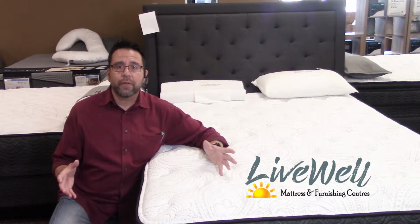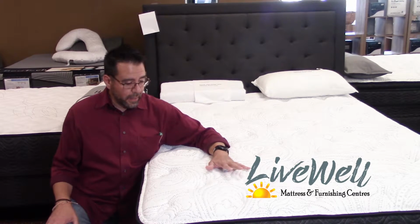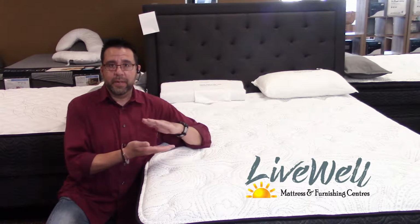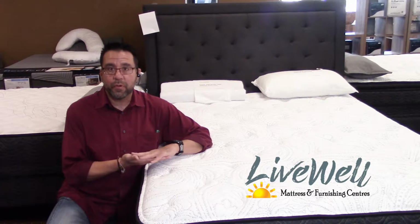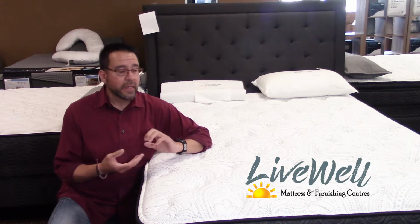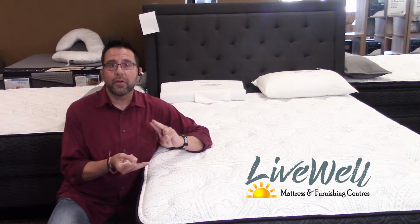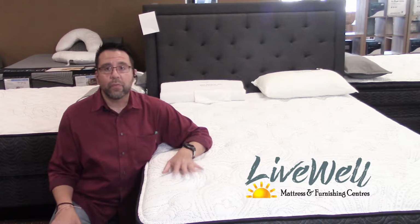So the Helens Luxury Firm is actually one of my favorite mattresses. This is a luxury firm, meaning that it's got a little bit more give, and it can actually be a good compromise bed. This is for someone that needs back support. This is for someone that is a side sleeper, back sleeper, can be for stomach sleeping. This is a wonderfully